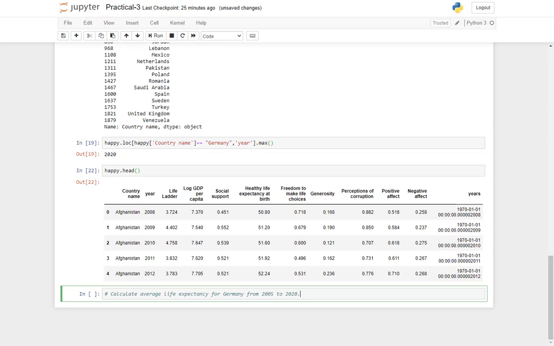We know that the data for Germany is available from 2005 to 2020. So what you have to do is calculate the average life expectancy for just Germany. The life expectancy is given here. You have to find the average for the country Germany for all the given years, and that should be attached as the last part. This will be treated as an assignment, right?